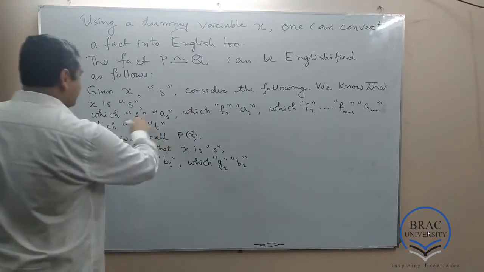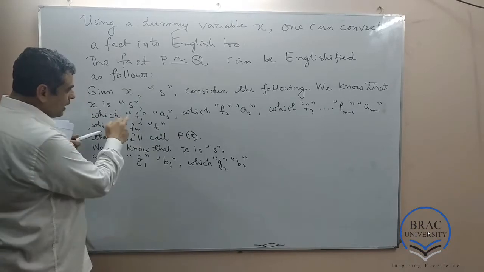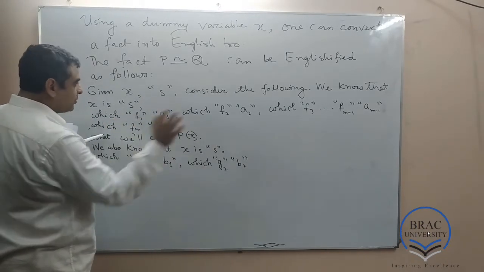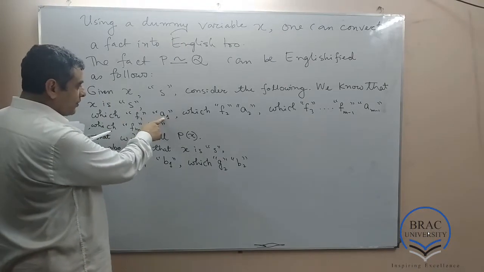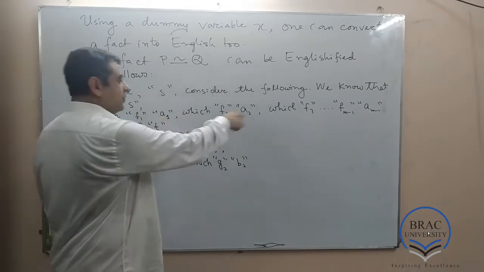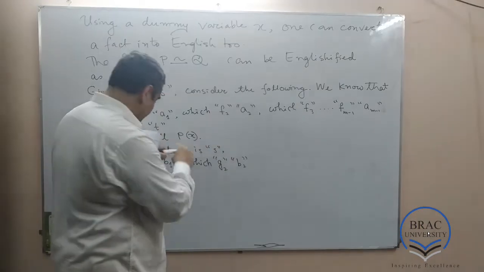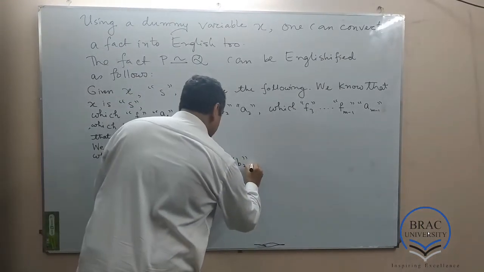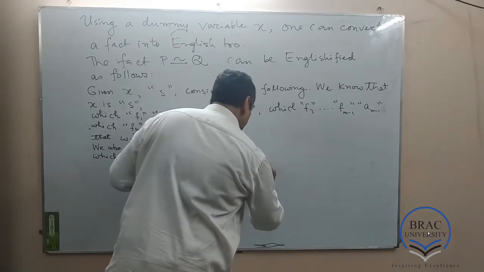Notice that they are exactly the same. I just replace F1, F2, etc. with G1, G2, etc. and the relevant objects A1, A2, etc. with B1, B2, etc. Okay, which G2, B2, comma, which